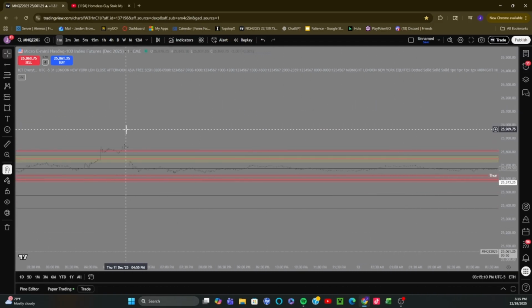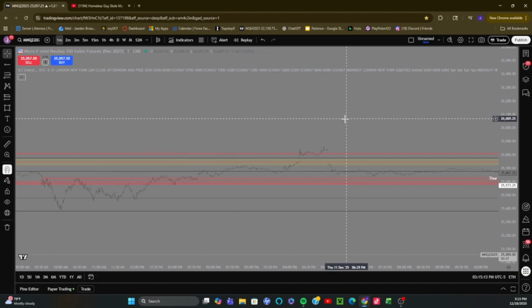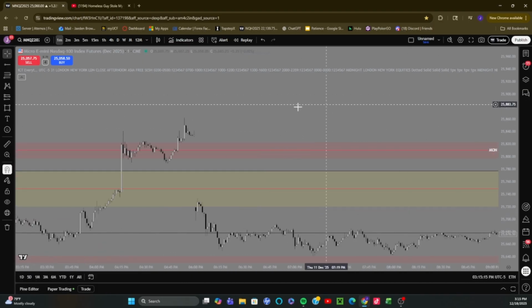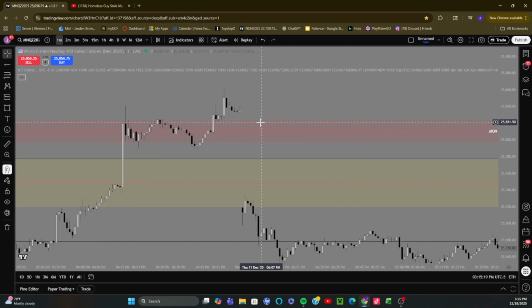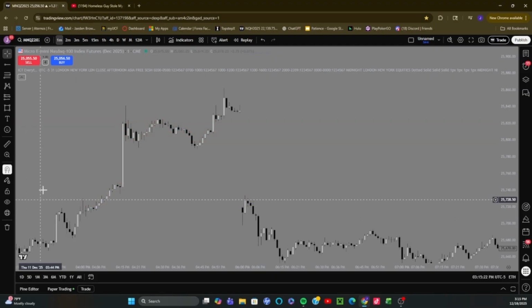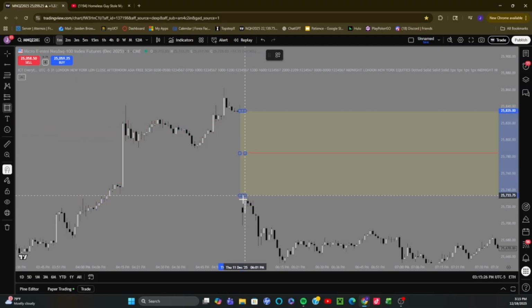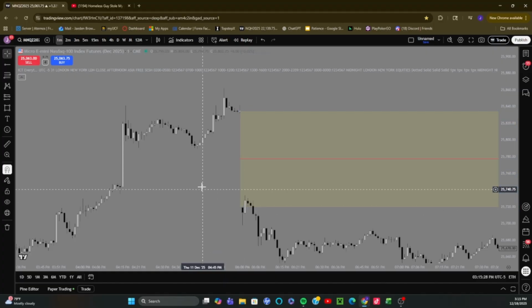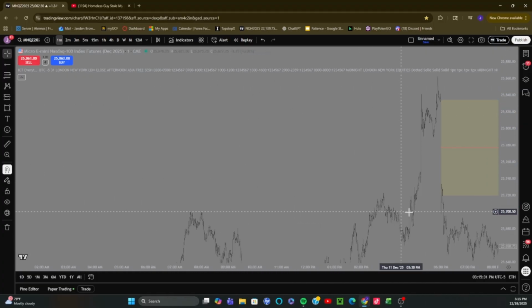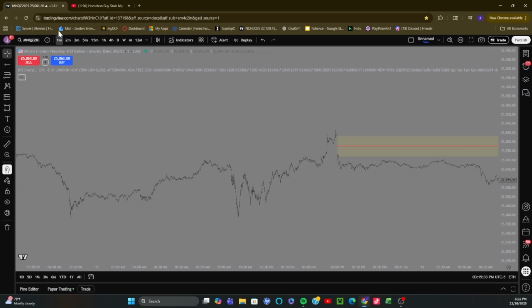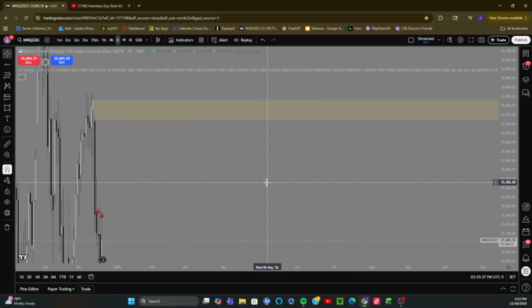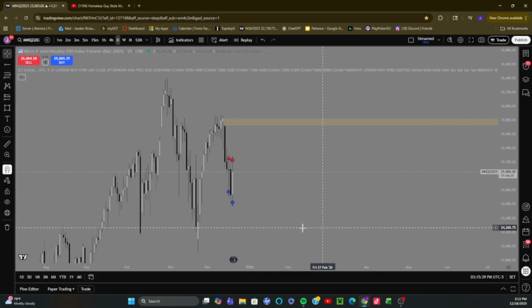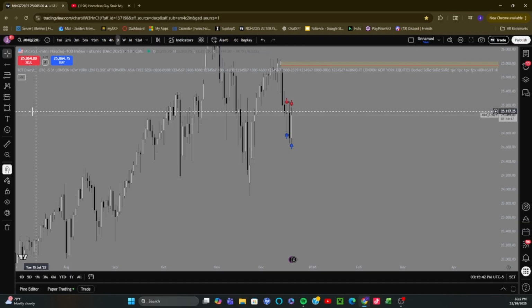I want to make it look nicer. Yeah, it's just a new day opening gap. Let me delete everything now. So yeah, that's our next target, to be honest, like our daily target. Fill that in. Right now we just came down and respected this